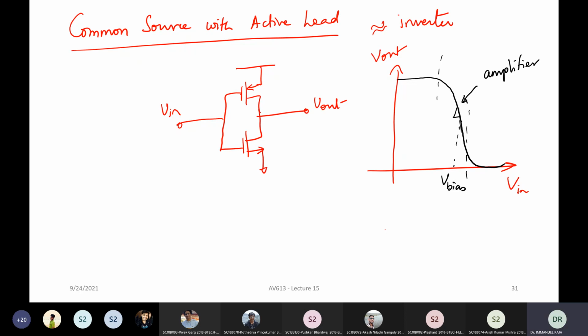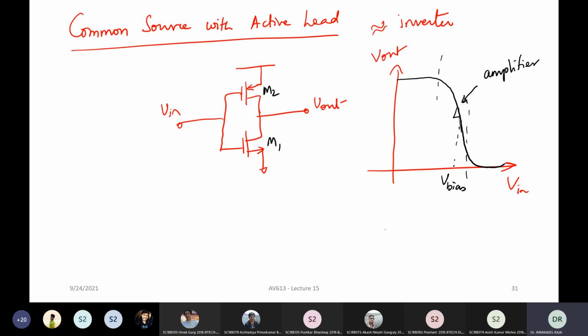Now, you can look at the gain in two ways. One is to do the small signal equivalent circuit, and I leave that as an exercise to you. Please draw the small signal equivalent circuit of both the NMOS and the PMOS, and derive the gain, which is possible to do. It's easy. You will end up with the same thing. But intuitively, I want to help you get an understanding.